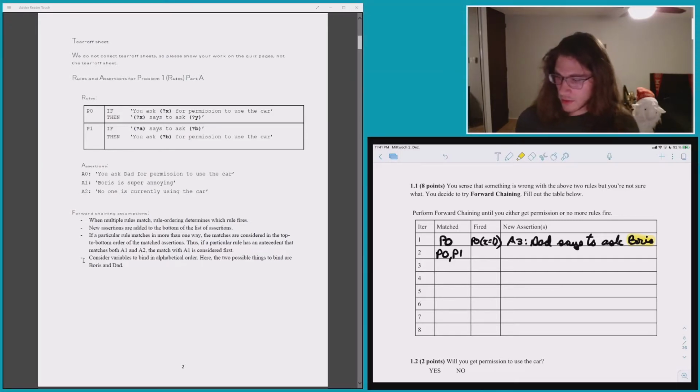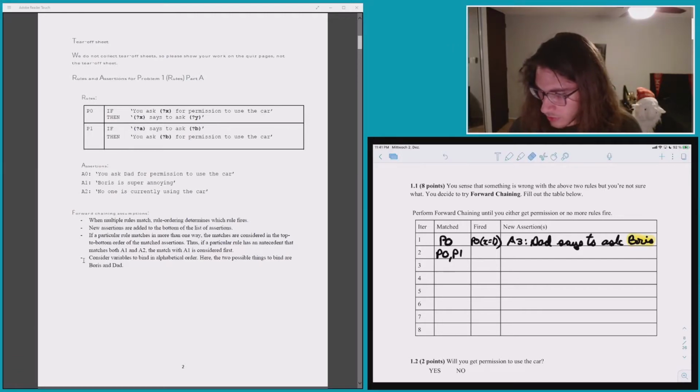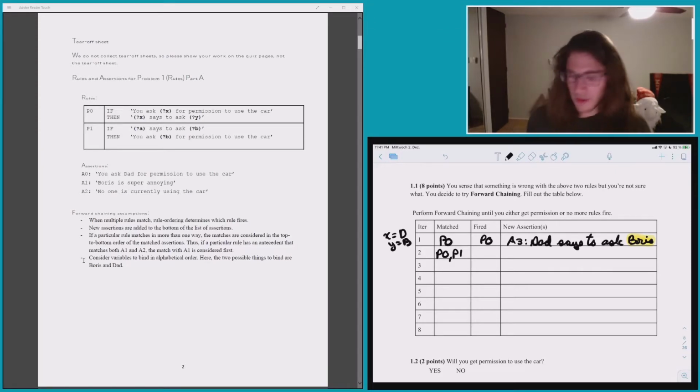So what I did is P0 fired here, and X is bound to D. I have another variable that needs to be bound, Y, for the consequent to be complete. So I just went in alphabetical order, and in reality I'll actually delete it from here and rewrite it so that it's much more explicit. P0, here I have X equal to D, Y equal to B, just because I went in alphabetical order as the fourth assumption on the left-hand side says. So now I have P0 and P1,